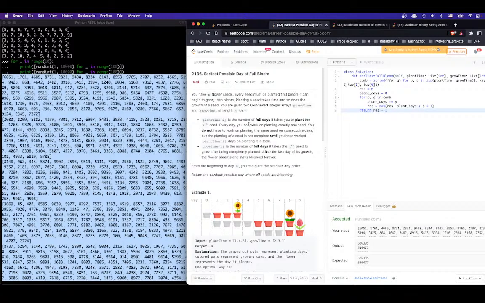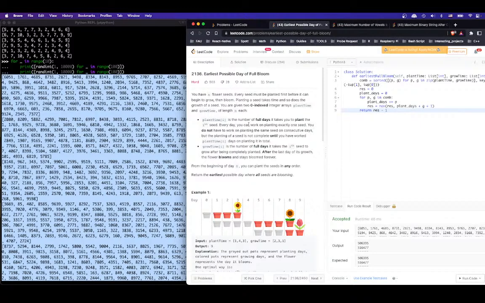You always have the last plant day, and you want the last plant day to have the minimum impact on the total number of days. That's the thing. The last plant day shall have the minimal impact. So you want the shortest grow time to be last. So that's why for the grow time, we want to sort them. We want the large grow days at the front and the short grow days at the end, because this way we can take advantage